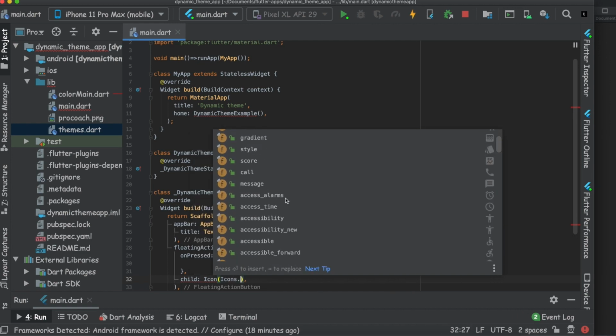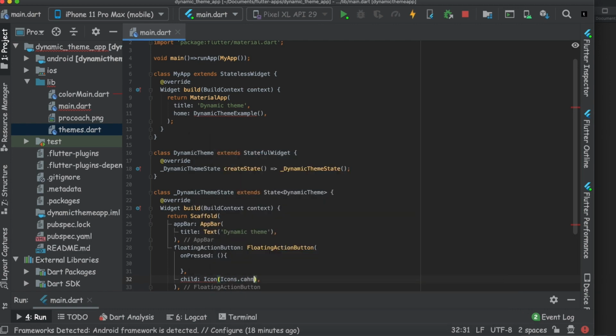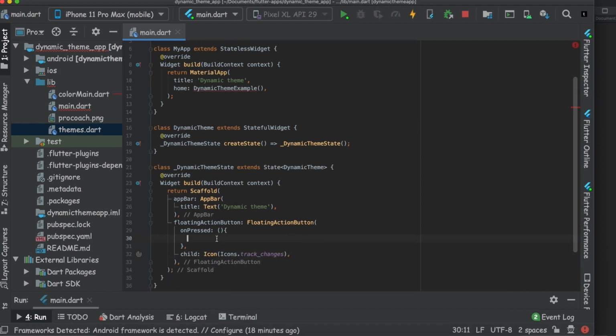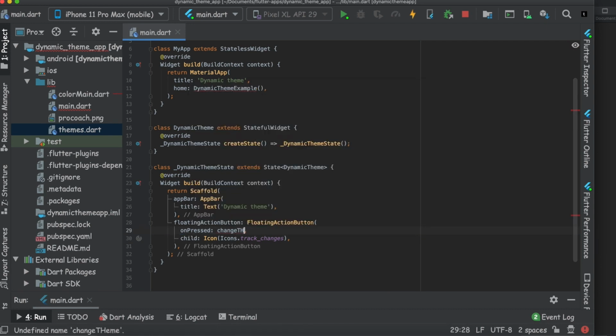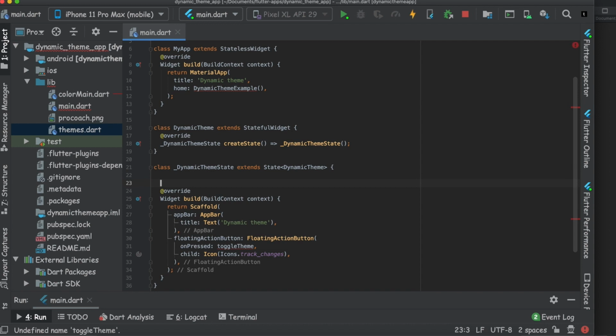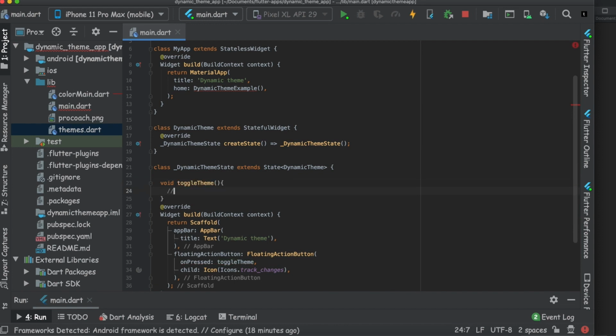You can take any icon. On pressed we will call a function, better we can call it toggleTheme. There will be a function toggleTheme, which will actually toggle the theme from dark to light.